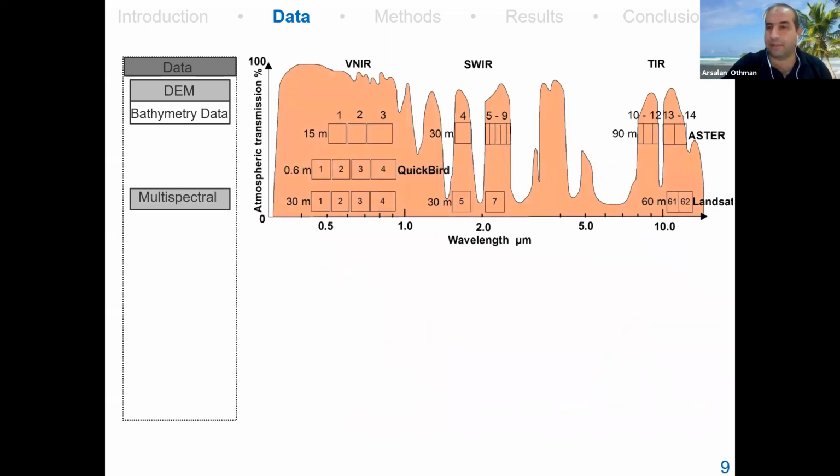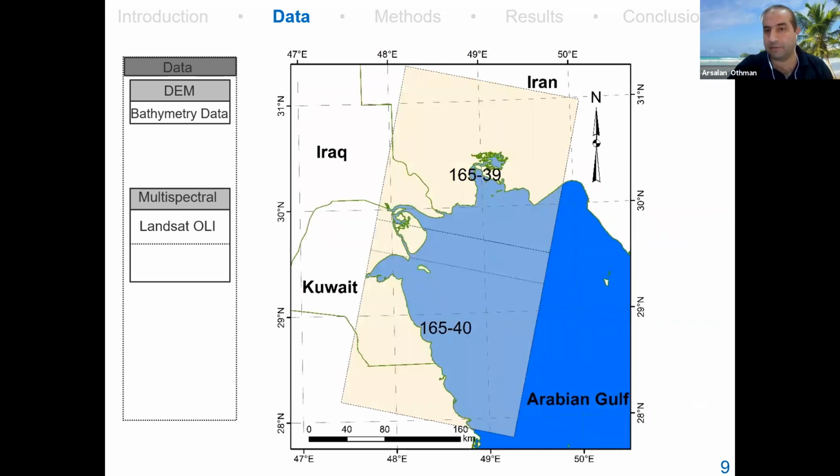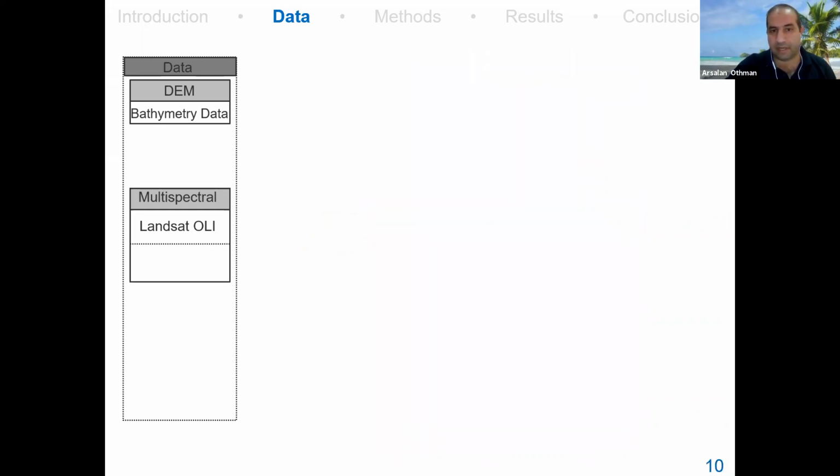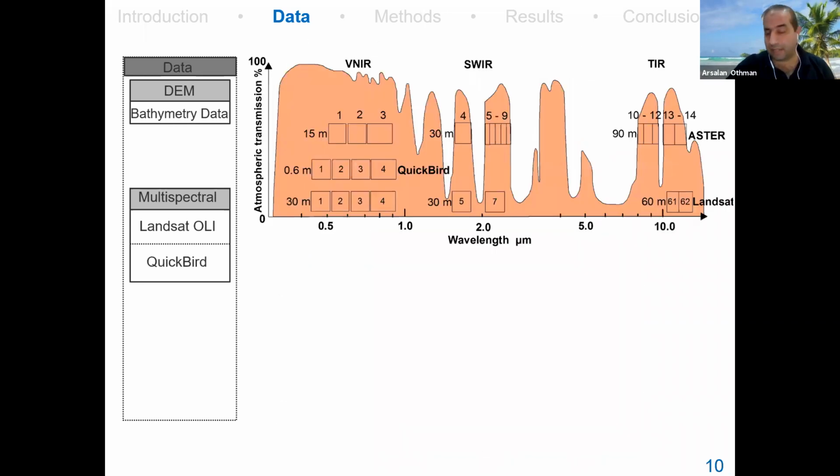Then I used multi-spectral data. I started with Landsat only. I used 2 scenes to cover the beach of the Arabian Gulf, to be sure about the present day shoreline for the Arabian Gulf. Then I used QuickBird data, 63 group